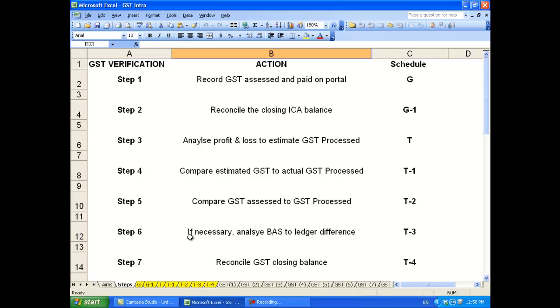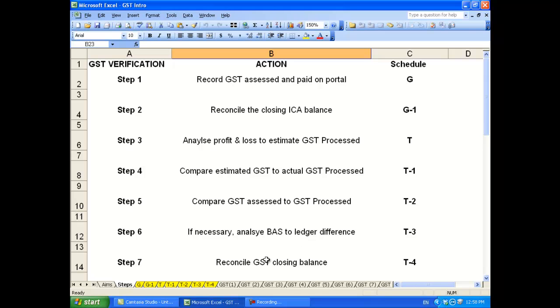The sixth step, and this is only required if you think it's necessary, is to analyse the BAS lodged compared to the ledger for each period, each quarter or month during the year, to see where any assessment difference may lie. I rarely use this schedule now, and